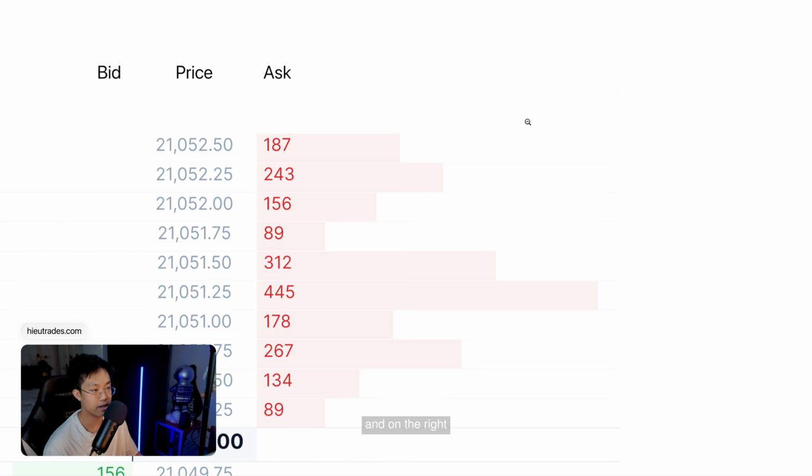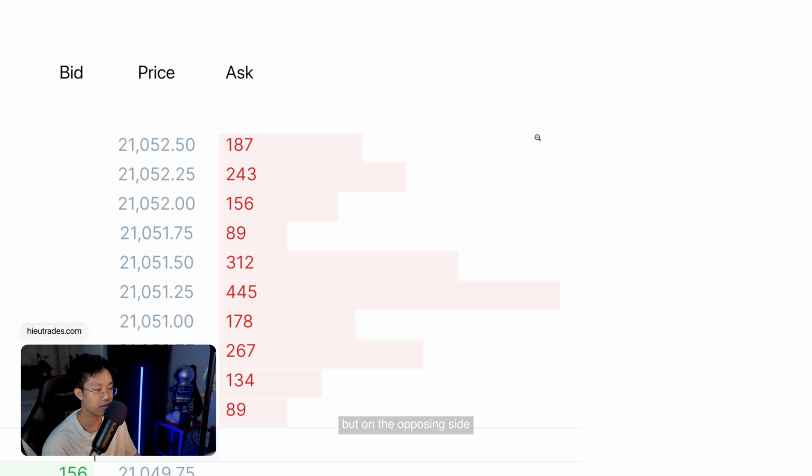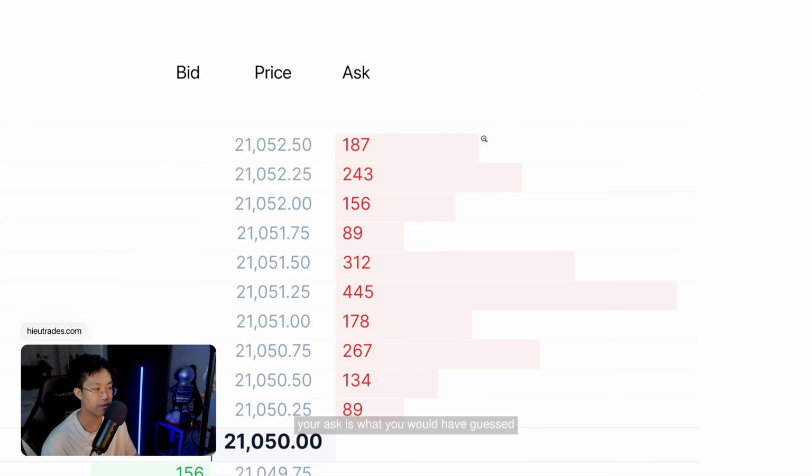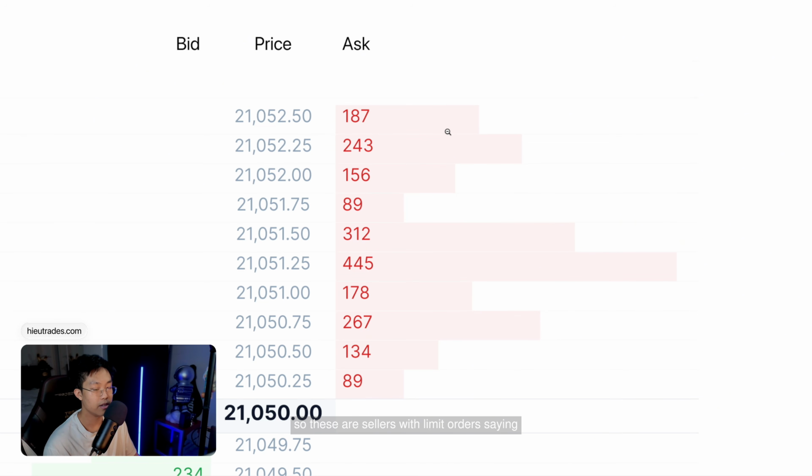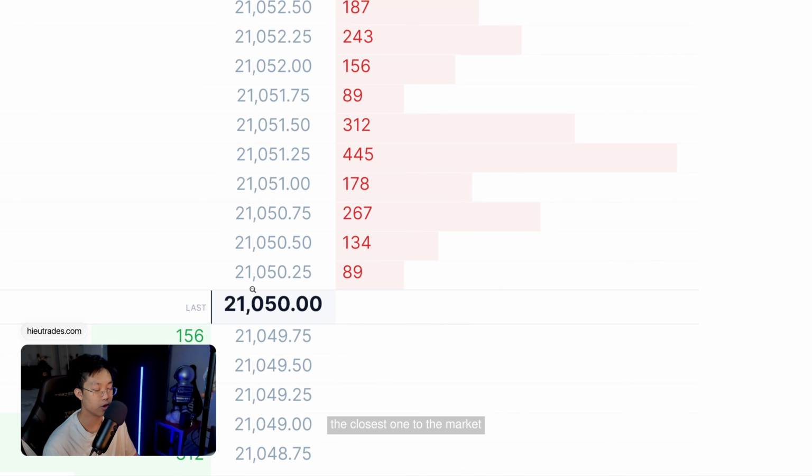21049.75. And on the right side, which is your ask, same thing as your bid, but on the opposing side, your ask is what you would have guessed, your sell limits. So these are sellers with limit orders saying, I want to sell, but only at this price or higher. The closest one to the market and the last traded price is your best ask. So that is 21050.25. 89 contracts sitting here, 89 sellers who are willing to sell, but not for less than